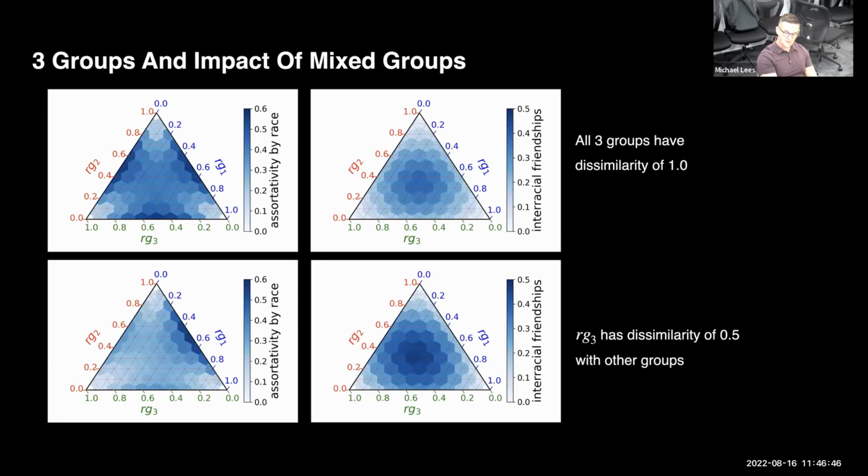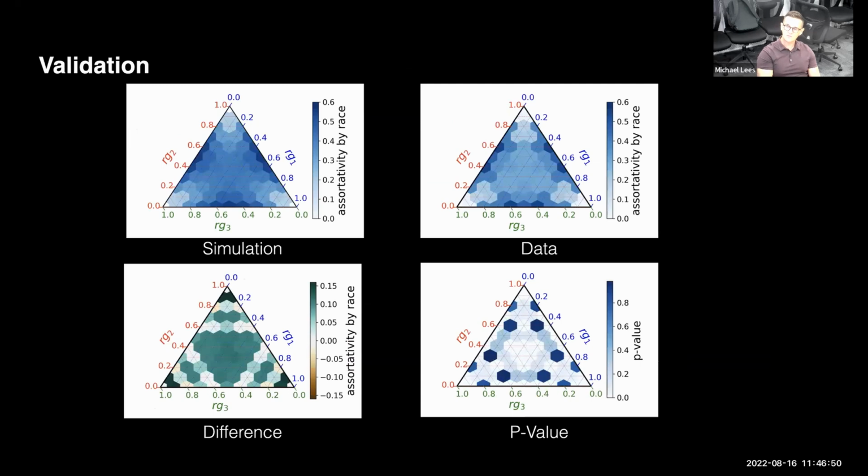Now, the other thing I should mention, the interesting thing about this result, also from the data, is that when you have a perfectly mixed school, right? So 0.5 of one group and 0.5 of another group, that's the kind of thing that we're aiming for or trying to obtain in a mixed school. That's actually where you get maximum classroom segregation.